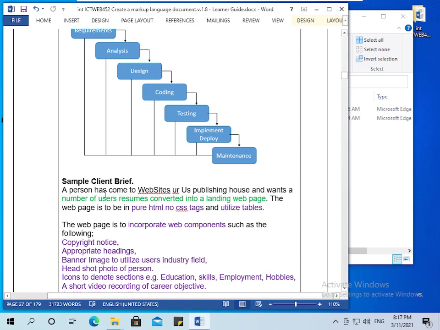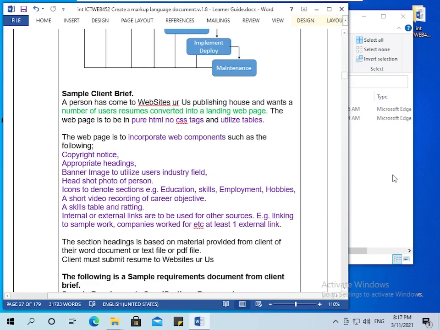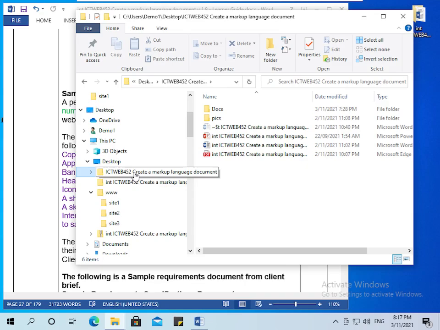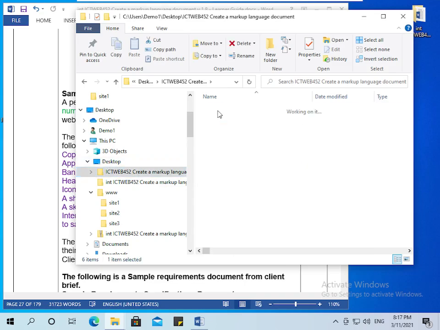So when working on the project, you'll have a client brief. And a client brief outlines what is required or what needs to be developed. So this is a sample client brief that we're going to use in our project. So for this unit's project, this is the sample client brief. And the sample client brief by itself can be found in this unit's create web page documents docs folder, and